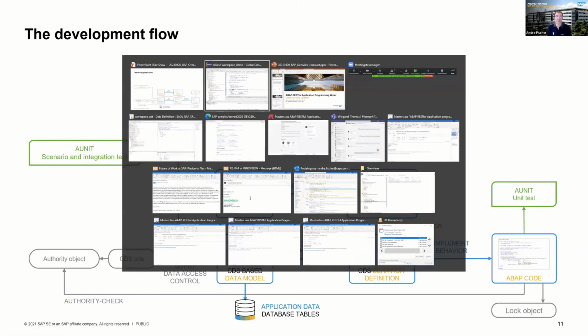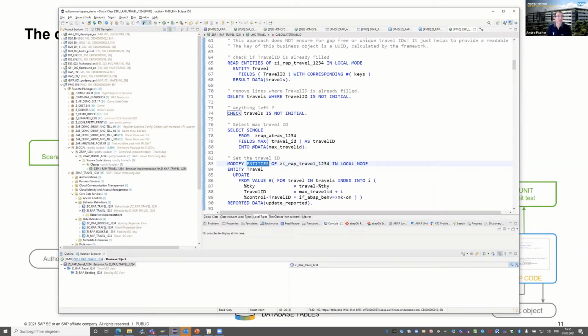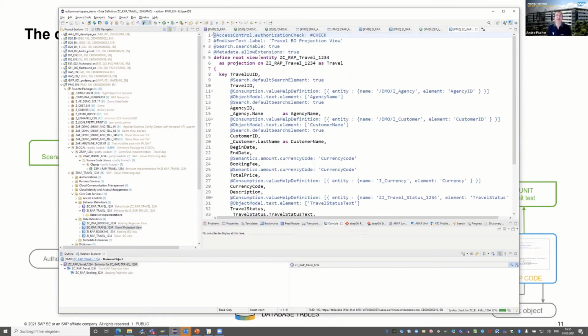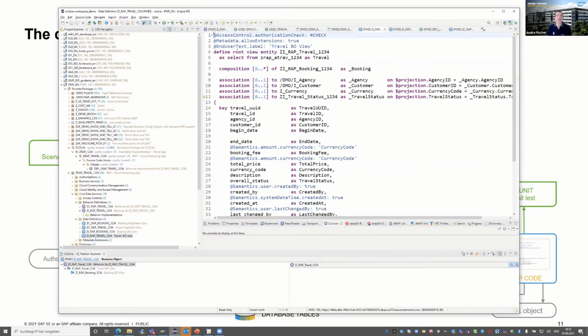You add a projection to your CDS view. This is a define entity as projection of statement, and this is the root statement that we also found here. This defines the root entity of the business object.